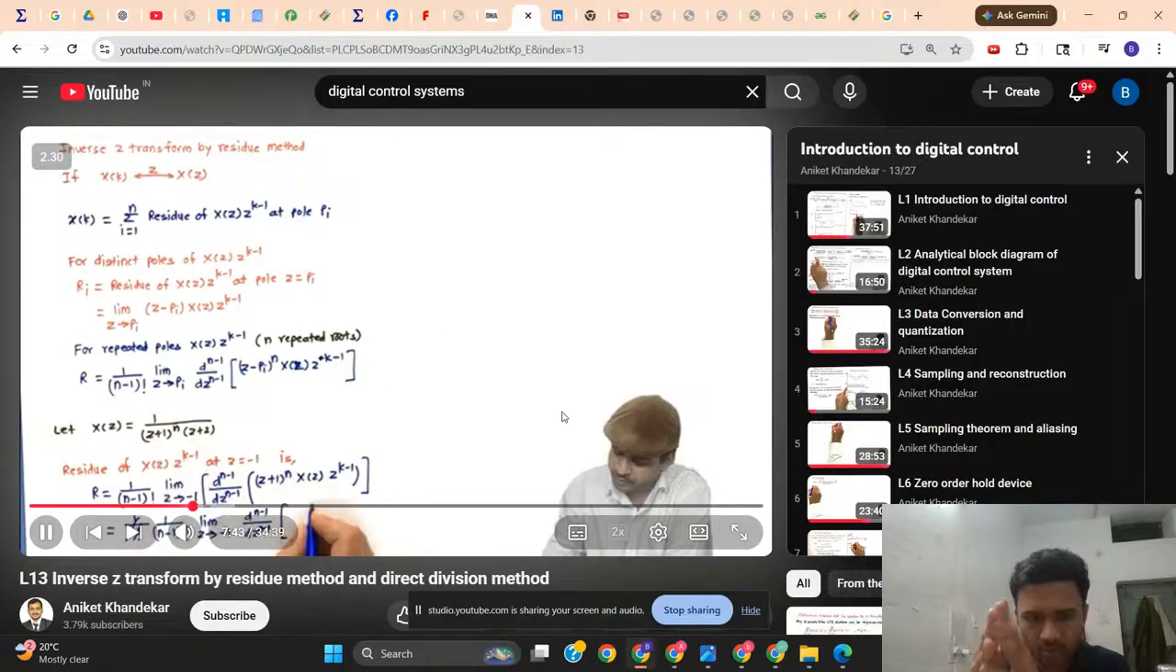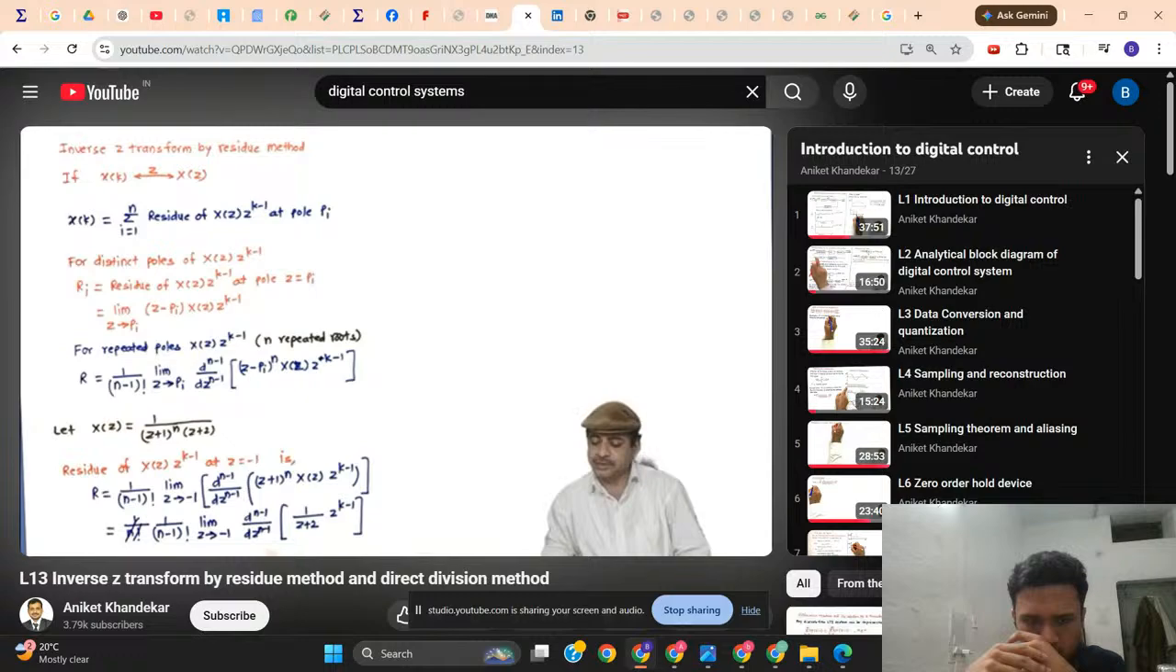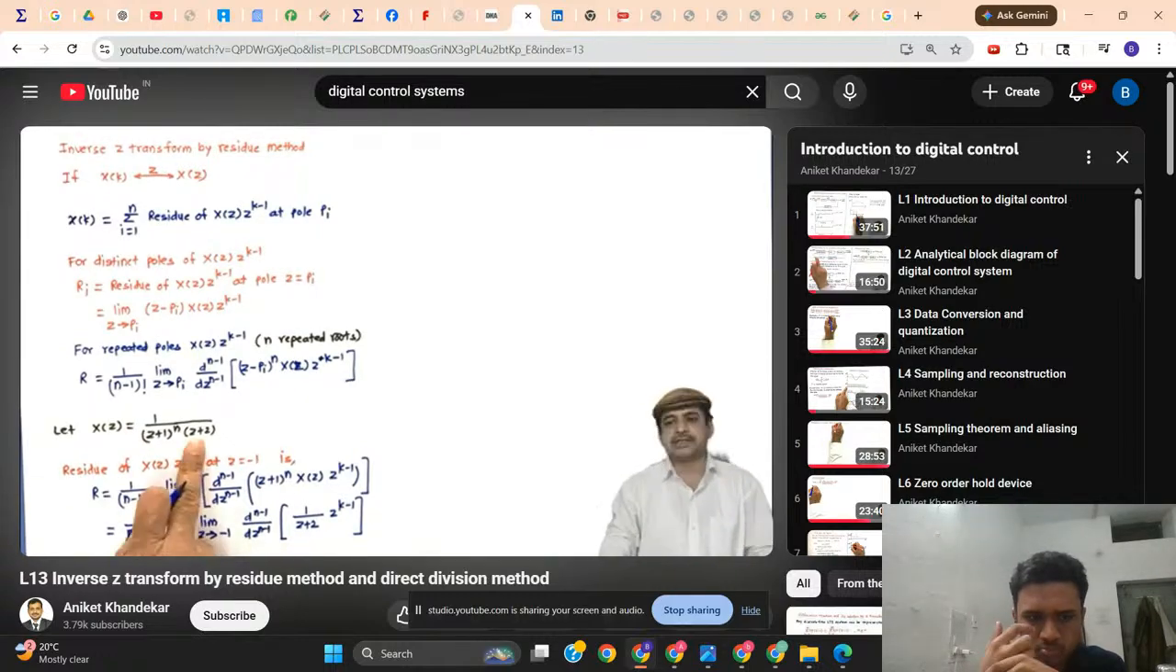This z plus 1 raised to n, z plus 1 raised to n gets cancelled. 1 upon z plus 2, z raised to k minus 1. So in this case, what we need to do is take the n minus 1 derivative of this entire expression, and then put z equal to minus 1. That will be the residue. And if you want to get the residue at z equal to minus 2,